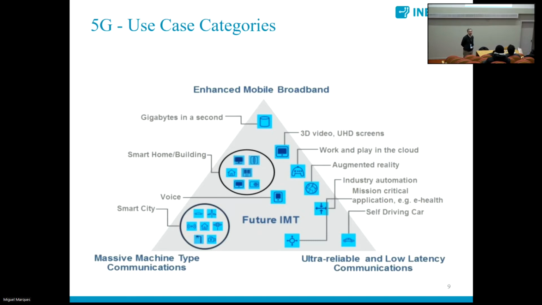That is, in opposition to what happened in previous generations, 2G, 3G, 4G, in which the main objective was to increase the bit rate that we could provide to our mobile phones. Here in 5G, and for the first time, we started to define requirements which are different. That is, we start to design this communication system for a set of use cases that are very different in nature.